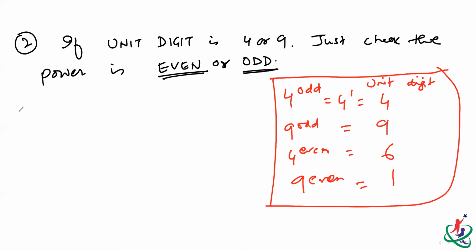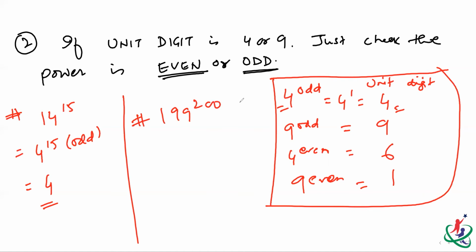So if you get any question, let's say I took a question of 14 to the power 15, my job is just 4 to the power 15, that is odd. So 4's power odd will give you 4. Here is the right unit digit, right? So 4's power odd is 4. Similarly, if I take